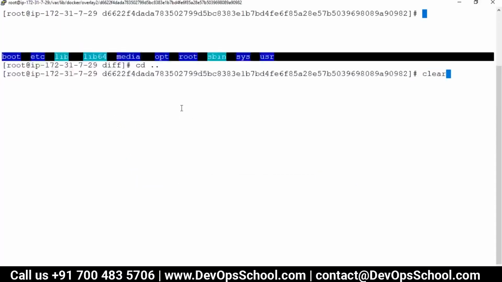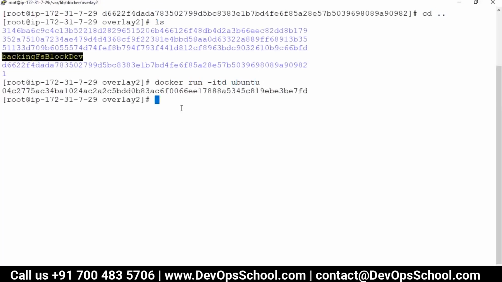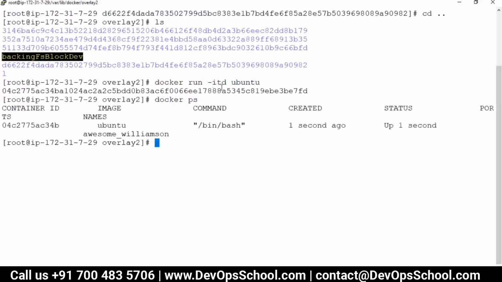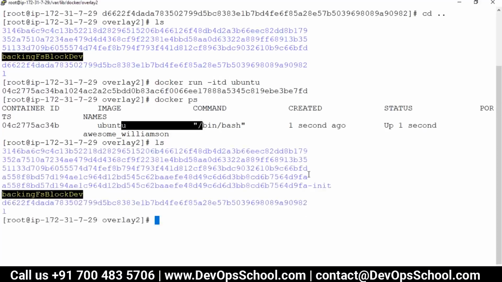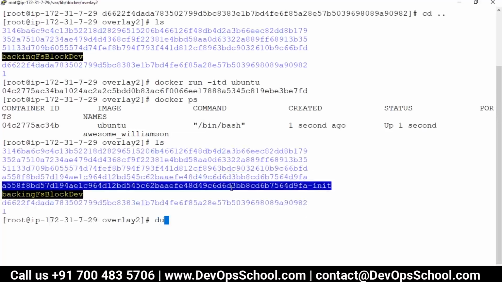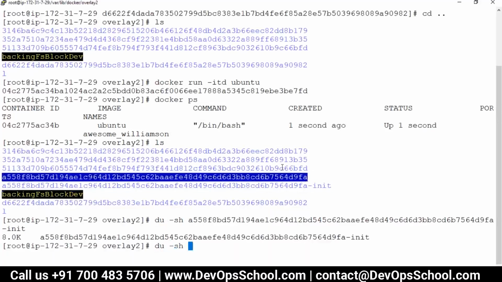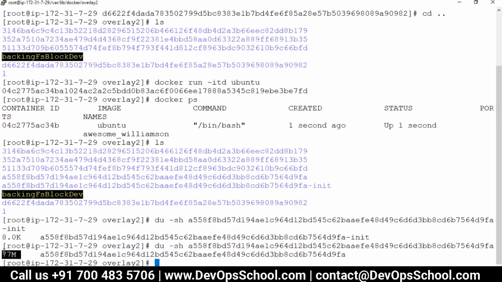Let's go back here, docker run -itd ubuntu, creating one container. You see here, one container is created. I tried it with detach, that means the container should be running and it should get detached also. So it's running. Now you see here, one extra layer you got. This is the init layer. You can leave it. You can see the size of this init is nothing. It's meta information. But if you look at the size of this, it's 77 MB.